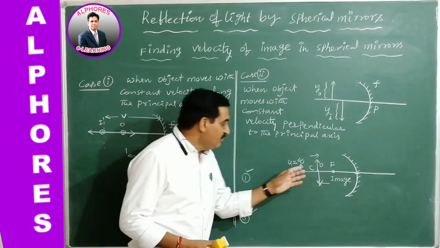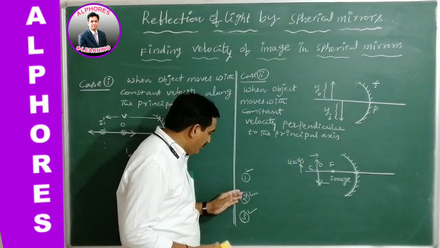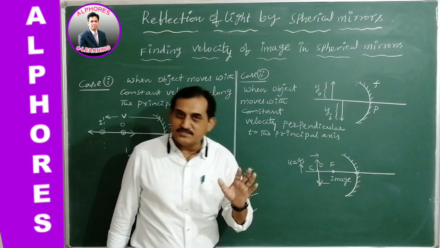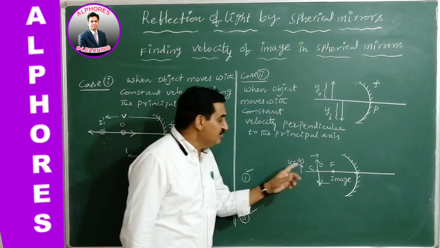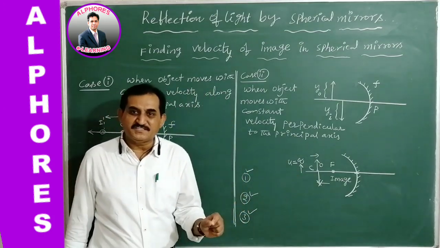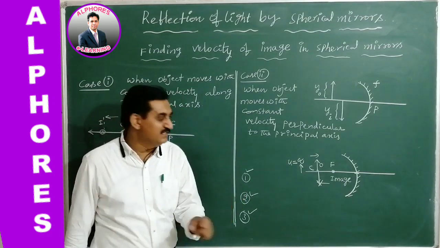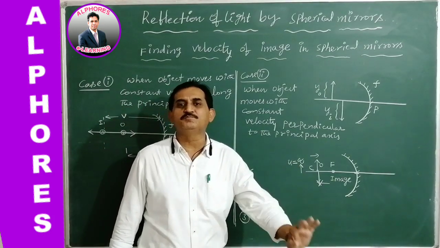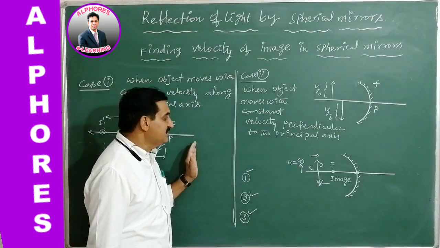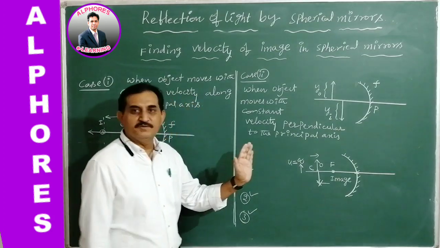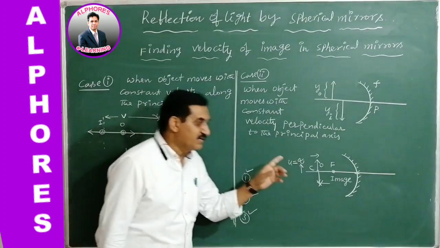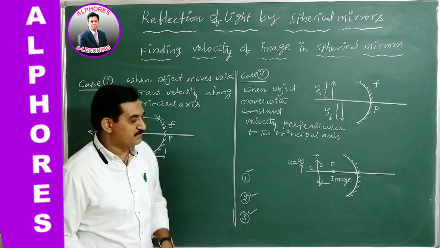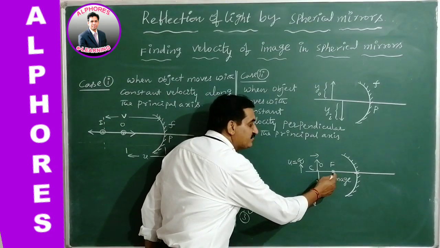How does it change? I have already given these 3 points, one by one. When the object is at infinity, the image is formed at the focus point, which is point size. Therefore, the size is interpreted as velocity, and for point size the corresponding velocity is almost taken to be 0. It means when the object is at infinity, approaching the mirror with constant speed, then the corresponding image speed is 0, that starts from rest at the focus point. So here the image starts from rest.